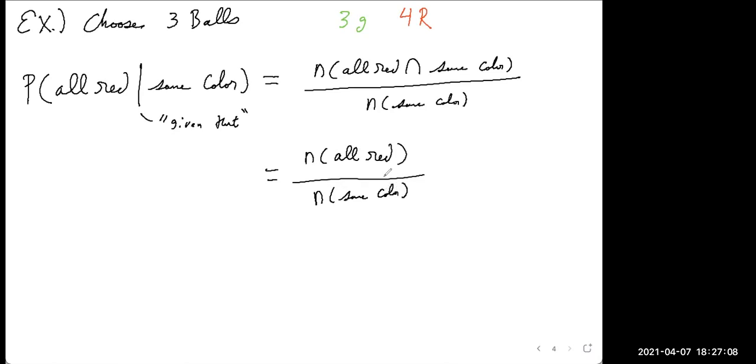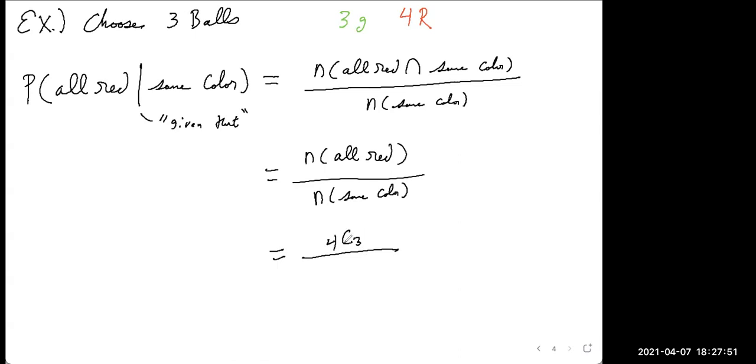Okay. Now we're choosing 3. We have 3 green, 4 red. I hope it's clear that we do not care about the order of these things. I don't care the order of choosing red balls. I don't care the order in which they come. I just care how many I get. So I'm going to use combinations to solve this problem. So how can I choose 3 balls out of 4? I claim that would be 4 choose 3. I don't care what order, but I think there's 4 ways to make groups of 3 with 4 things.